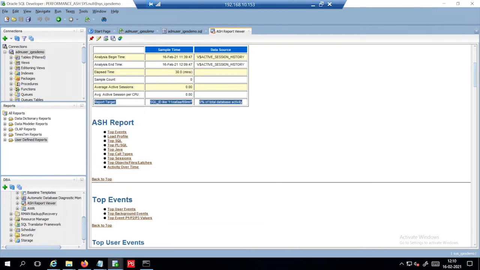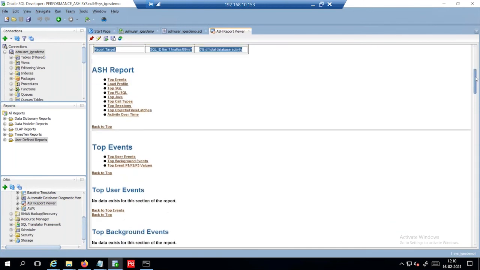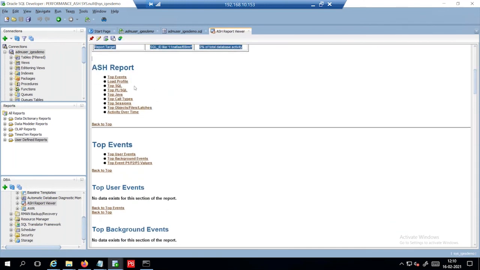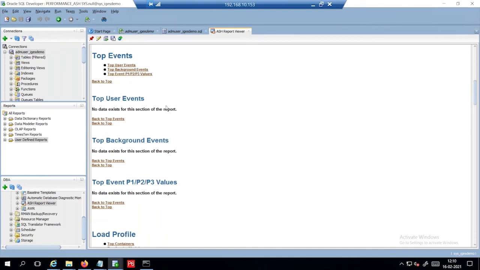Okay, I guess now it's moving. Yes. Okay, these are the main event reports which contain the information. So this is also okay.